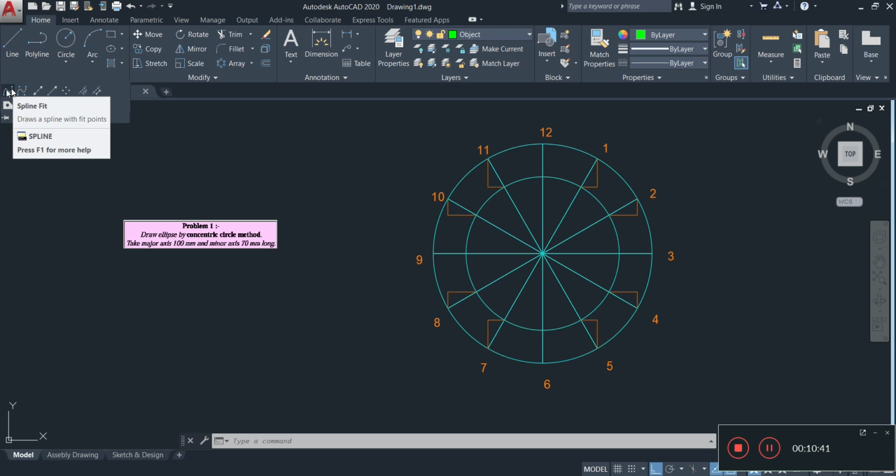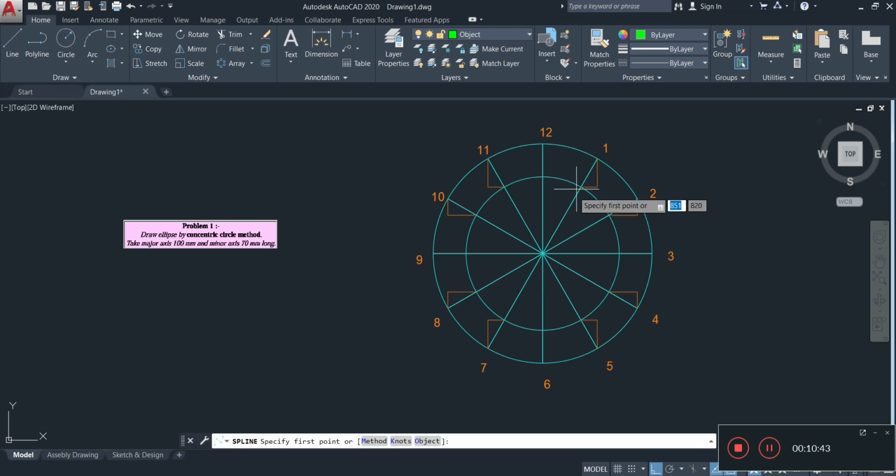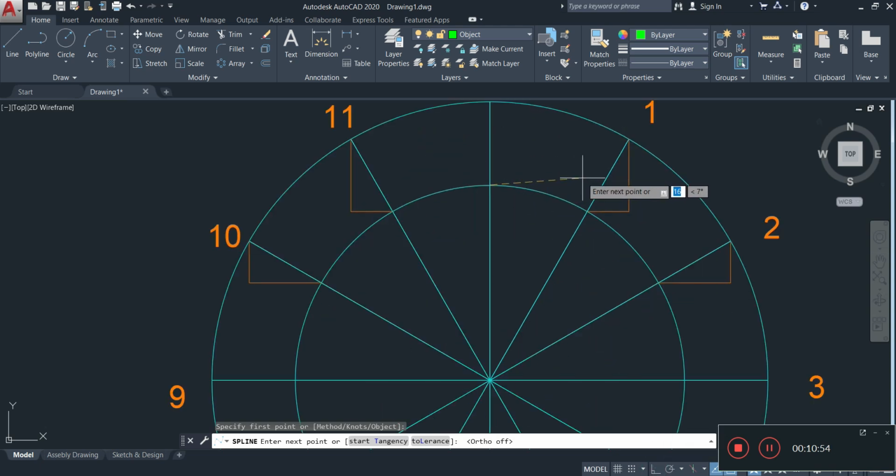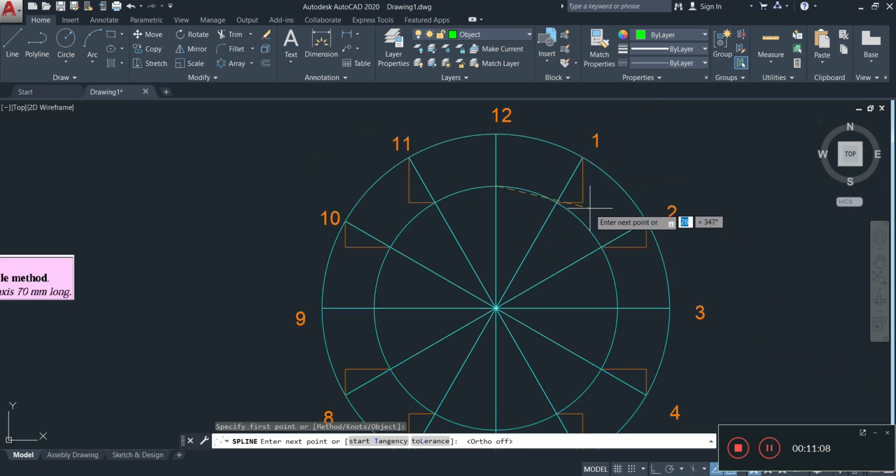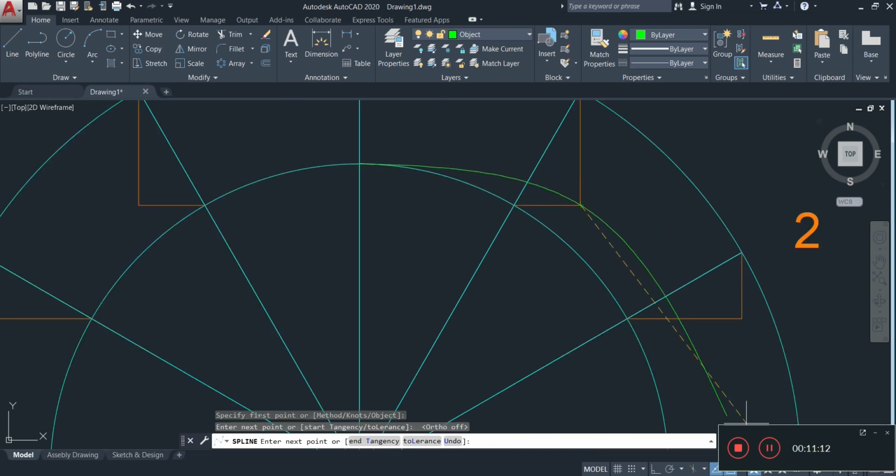Alright, so I'm going to click on spline here, and then I'm going to start at point 0, aka point 12. I'm going to click there, then I'm going to move my cursor. Let me turn off auto for this. Move my cursor to where these lines intersect. So we're basically moving our cursor around to these 45-degree points. Alright, so we're at 0 now, which is aka the 12. Then we're going to this intersection right here, then the other intersection right here,